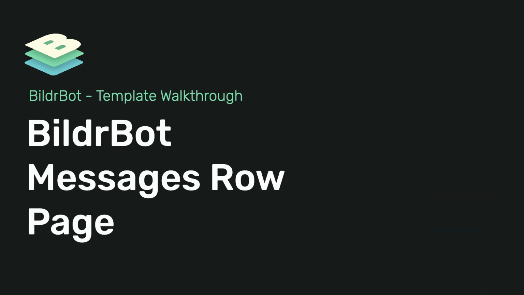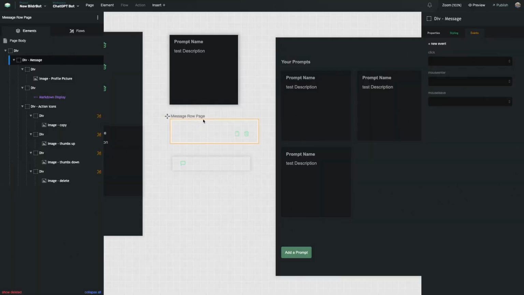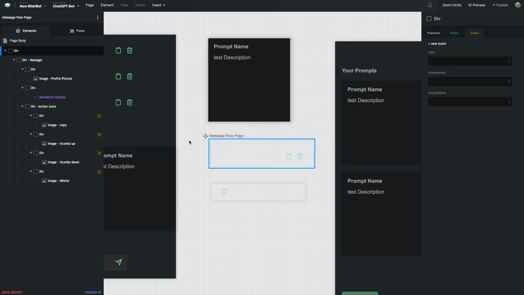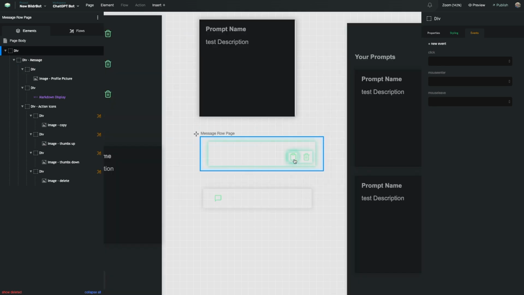Hey, in this video, we're going to go over our messages row page inside of our BildrBot so that we can understand what's occurring whenever a new message is loading into our page. The first thing I want to do is just zoom into our page right here. It feels a little bit blank in the studio. All we can see is our copy clipboard and our trash can, but there's a few things going on here